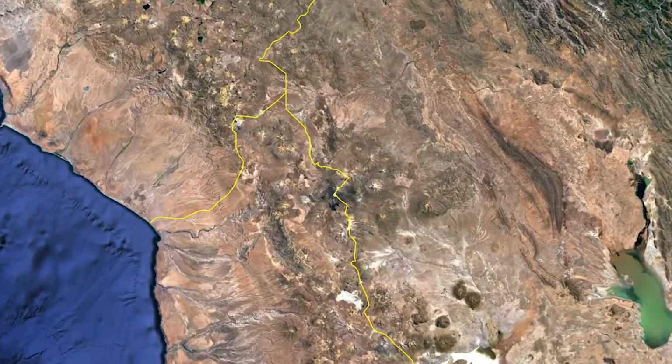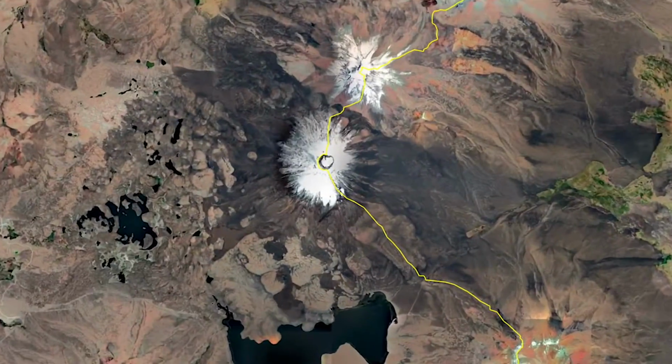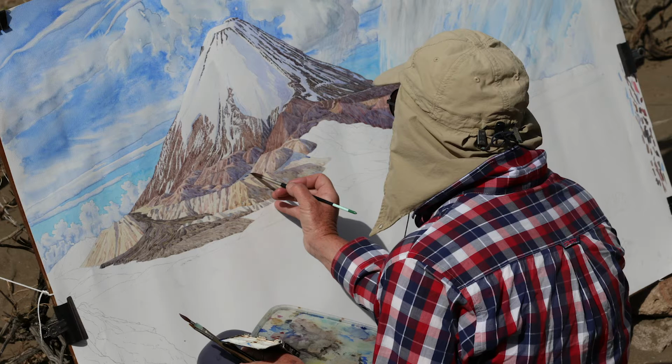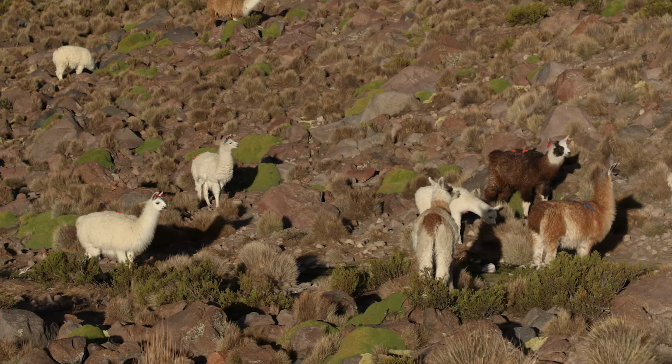While I was on the trip with Tony Foster in northern Chile, we spent about 5 days in the area around the volcano, where Tony managed to paint about half of the landscape on his large format watercolor paper. The rest of the painting he finished in his home studio back in Cornwall, England. There were also tons of really charismatic wildlife, like these chinchilla-like rodents called vizcachas, these llamas, and abundant waterfowl in